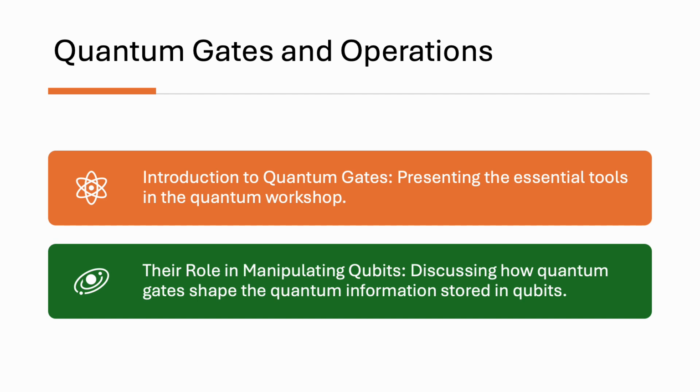What makes them truly exceptional is their ability to operate on qubits in superposition. Imagine conducting an orchestra where each musician can play multiple notes simultaneously. That's the power of quantum gates. They enable us to process multiple possibilities concurrently, opening the door to unprecedented computational potential. You need to visualize this.